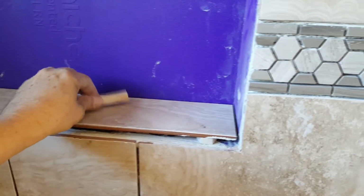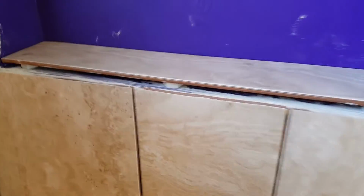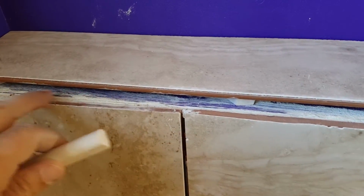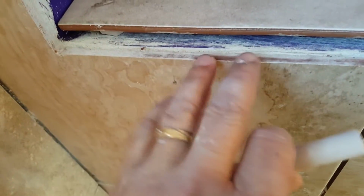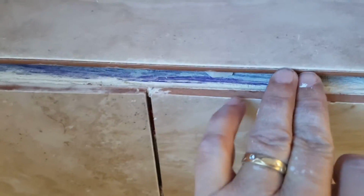Well, now it's time to go ahead and start tiling the niche here. And you remember before, when we were planning everything and doing some test dry fitting, I showed you how you have to be aware of the space that's going to be present when you put the tile here. You're going to have that little bit of thickness of the mortar, which is about the thickness of the tile, so in this case about 1/4 inch. And so if we cut the back piece like this here,